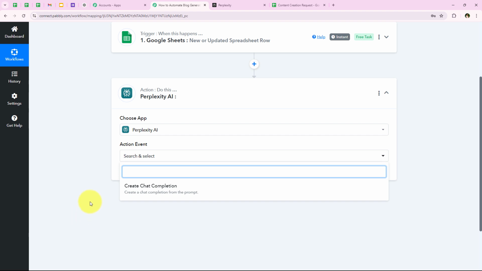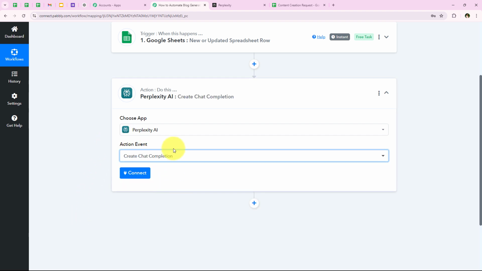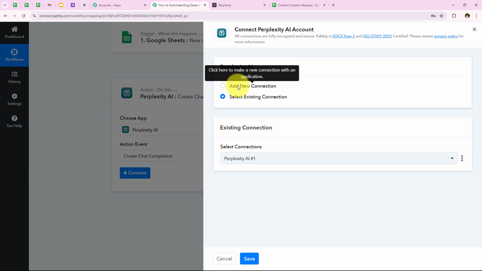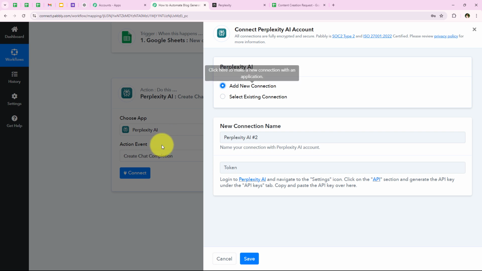So I'm going to select the action event as create chat completion. And then we are going to click on connect. And as soon as we click on connect, it is asking me to add a new connection or select the existing connection. So if you have already connected your Perplexity AI account with your Pabbly's workflow, you can click on select existing connection and then save. But if you haven't, you have to follow me, click on add a new connection, and